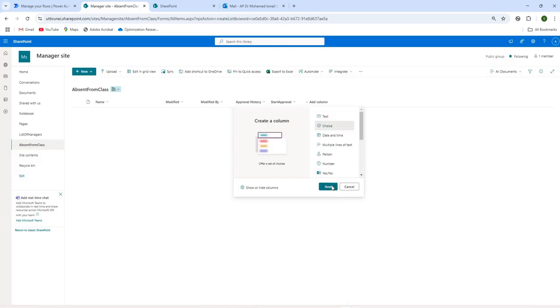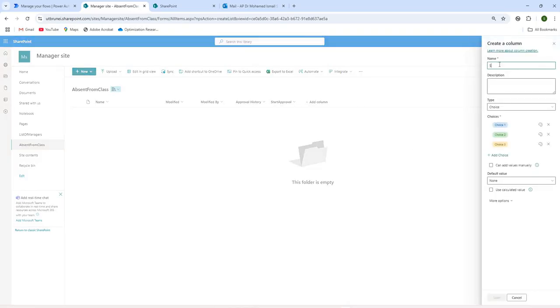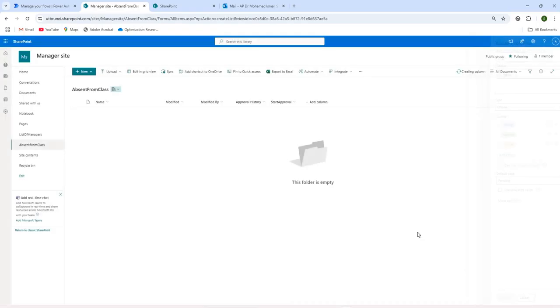Then you can add one more column, which is of type choice. You can say this is the status. So there are three status here. One is called as pending. One is approved. The other one is rejected, and the default we call it as pending. So that's it. So you have done